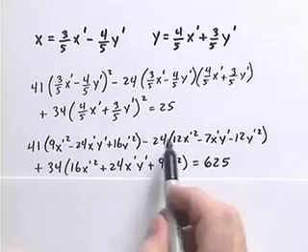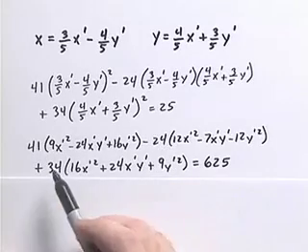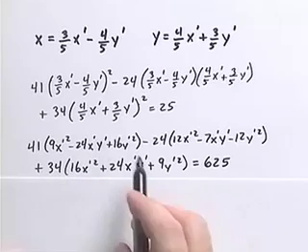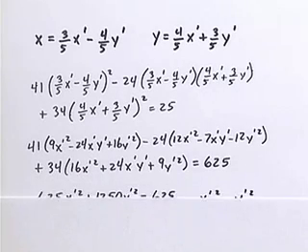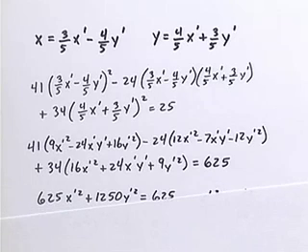If we distribute our 41, the negative 24, and the 34, and then simplify by collecting like terms, a lot of stuff will go away, and we're going to be left with